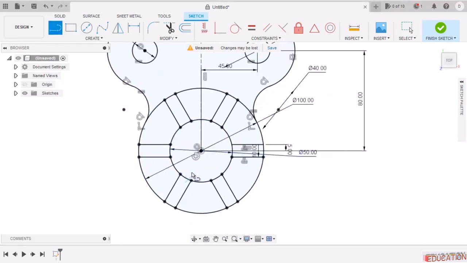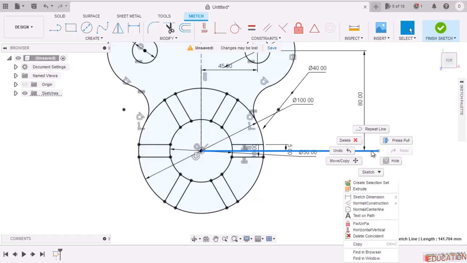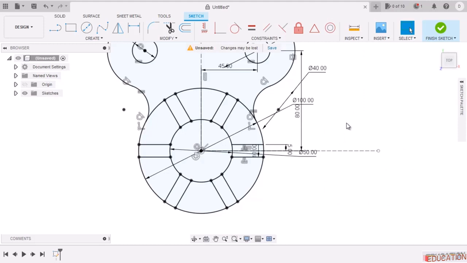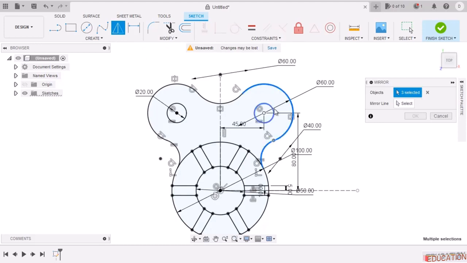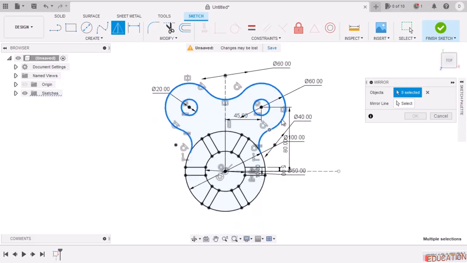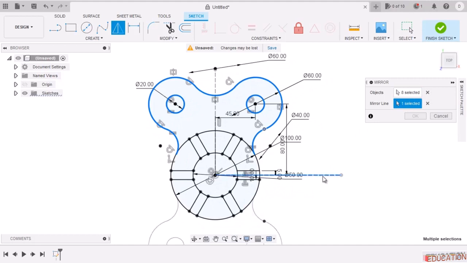So let us create a center line first. We'll click on this origin and create a simple horizontal line. Select this line, right click and convert to construction element. Now select this mirror and objects to mirror, this object. So the objects which you want to mirror, you can just select all the objects. Now mirroring line is this